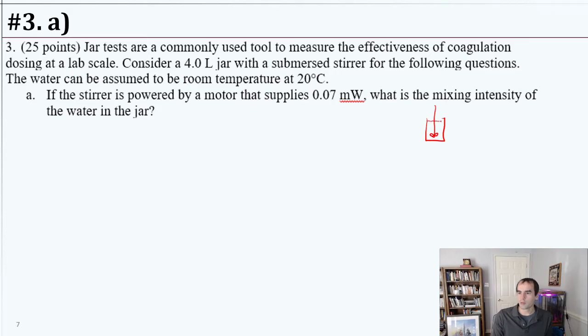Now, we didn't talk directly about jar tests, but you'll very likely use jar tests when you do an environmental laboratory. These are in just about every wastewater or drinking water treatment plant, and if wastewater treatment is making use of a coagulant, they often will use it there. But anytime you're using coagulation, these jar tests are run with some frequency to just test the parameters of the current water. If you get a rainstorm, the conditions are going to change, and it doesn't change exactly the same